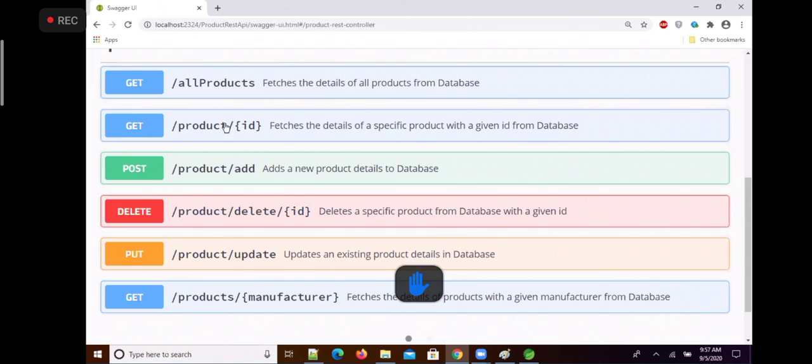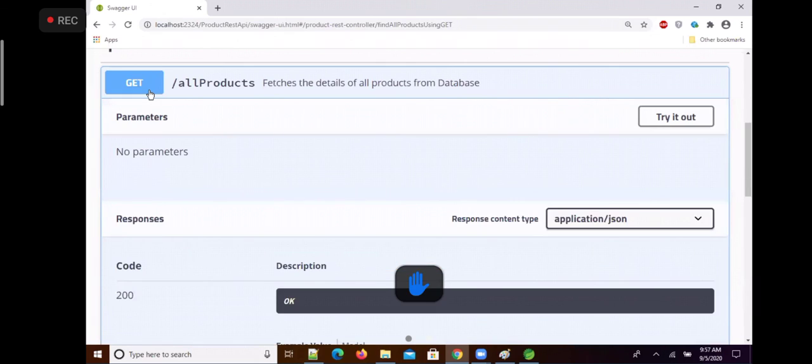Now these are all the different endpoints. These are the HTTP methods. Suppose if I click on this first one, it will expand. You can try it out. No parameters required to this all products endpoint.